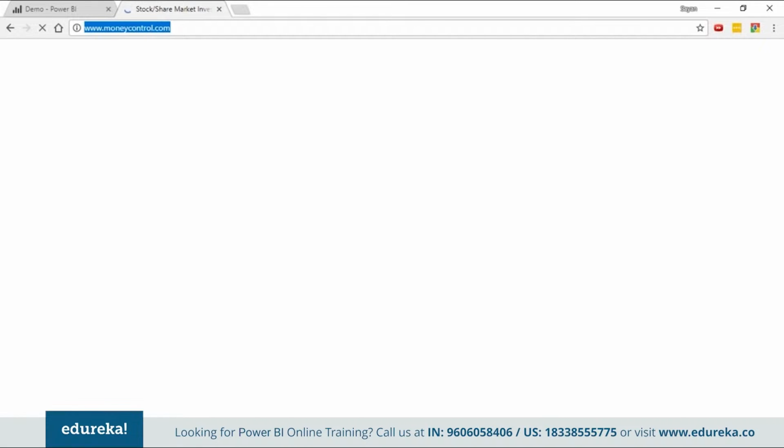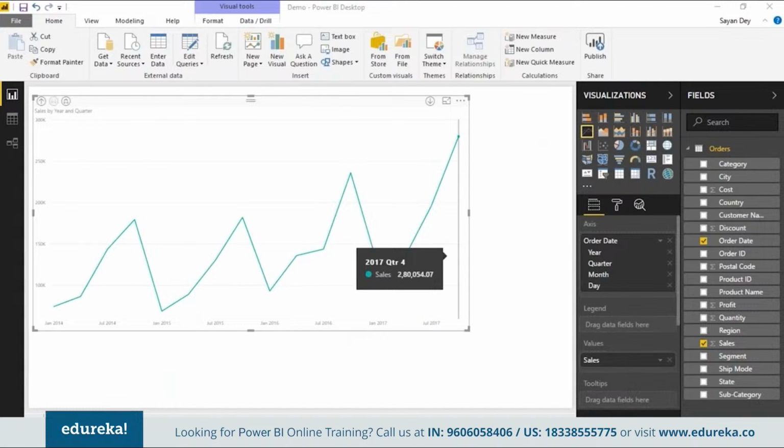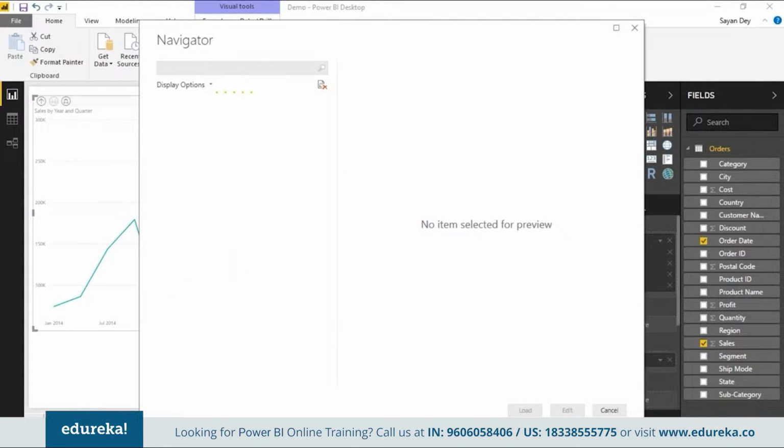So I'll go ahead and copy that link and paste it. Click on OK. And once you do that, it will try to establish a connection with Moneycontrol. It does take a bit of time initially to set this up. And once it does, it will go to the website and look at it, and remember everything's underlying based on HTML. It will try to search for tables, anything which is structured as a table. And once it finds them, it will present to you a list of all those available tables.